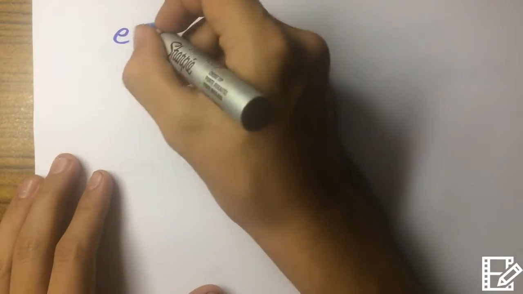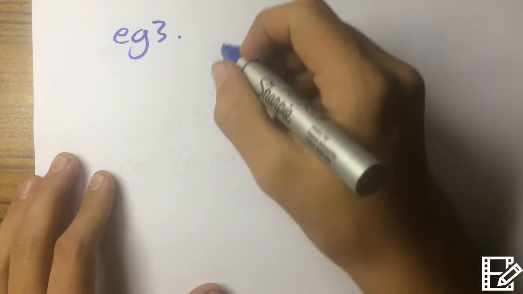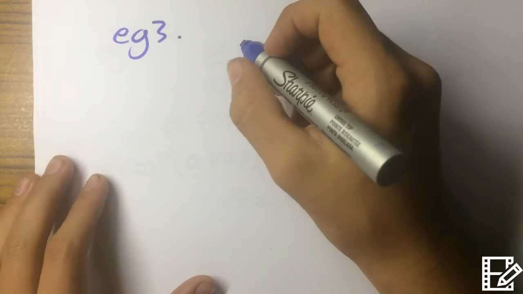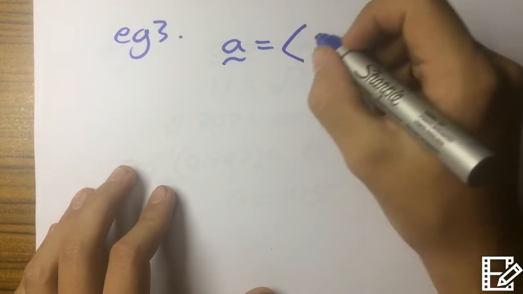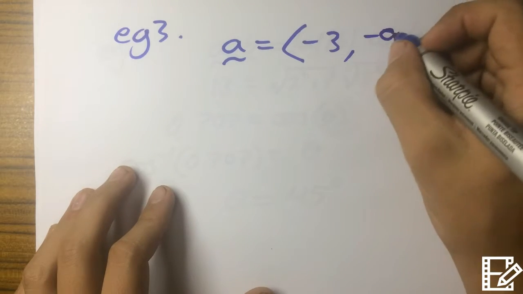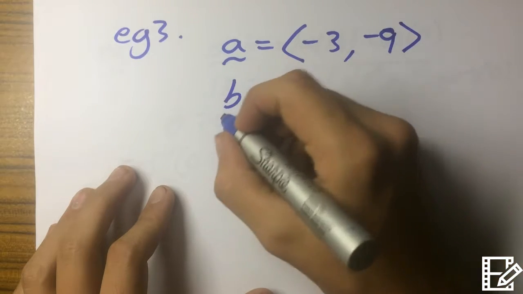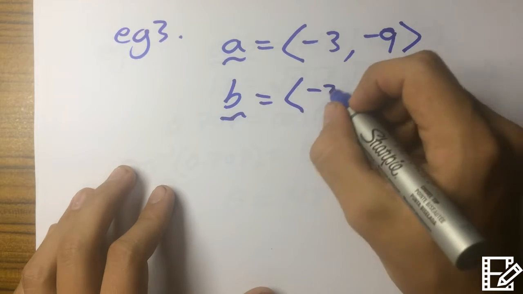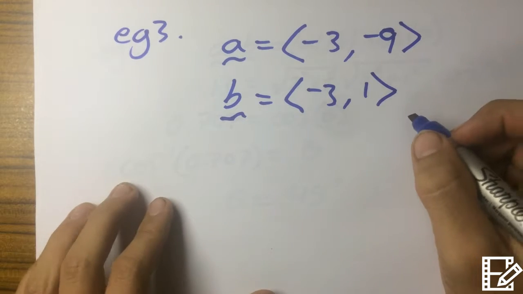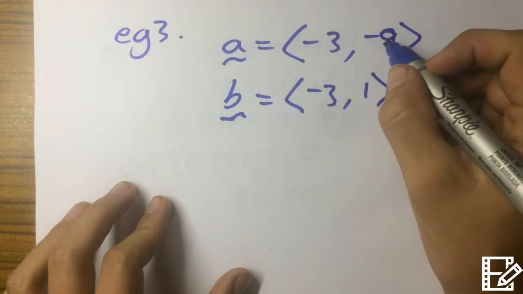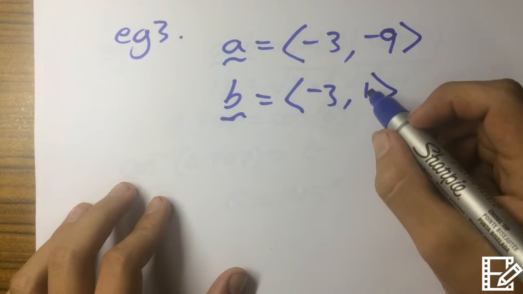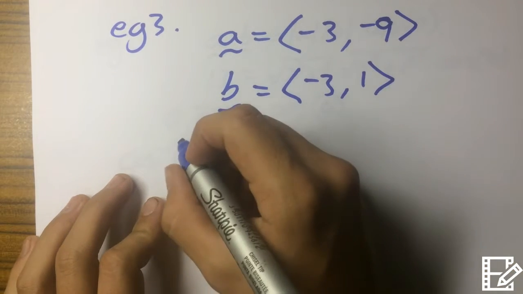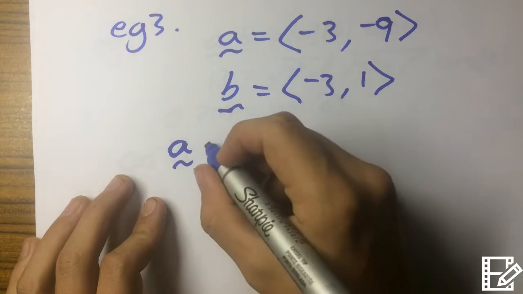Okay, so now in this last example we're finding if these two vectors are orthogonal, which means a dot b equals 0. I've got two new vectors using the same letters: a equals -3, -9, and b will equal -3 and 1. That means a is going 3 in the negative i direction and 9 in the negative j direction, and b is going 3 in the negative i direction and 1 in the positive j direction. So, a dot b,